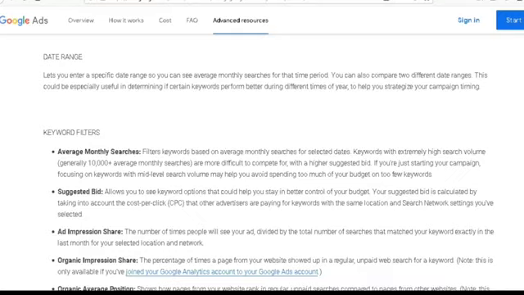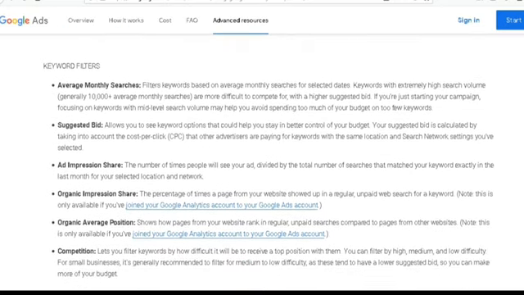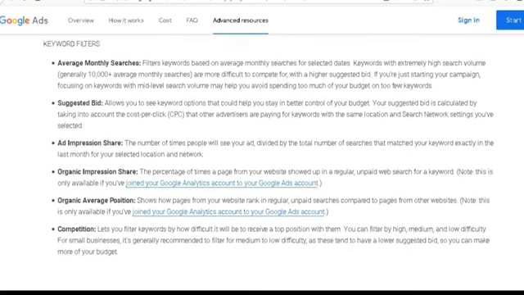Competition lets you filter keywords by how difficult it will be to receive a top position with them. You can filter by high, medium and low difficulty.